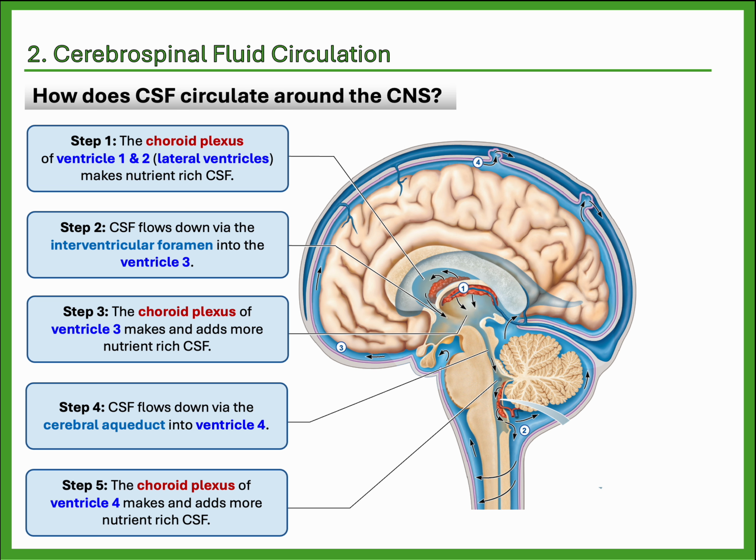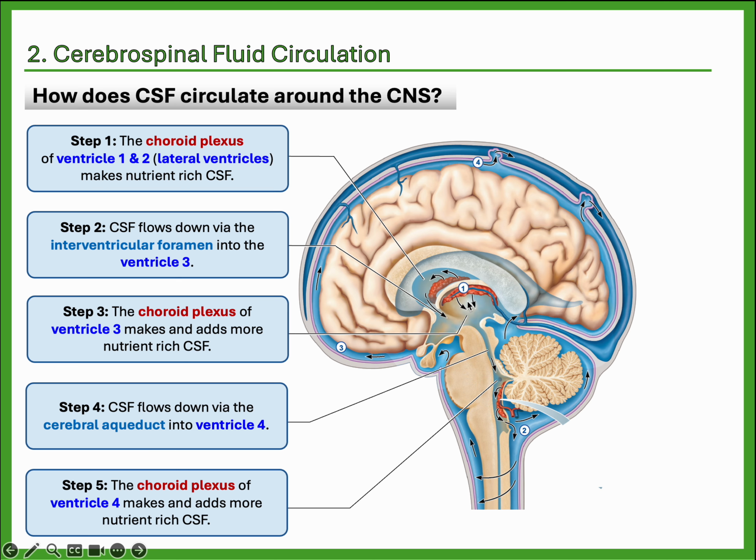So let's go through the steps. I need you to know very well where CSF circulates. Step 1, the choroid plexus of ventricle 1 and 2, right over here. These are the lateral ventricles, right? They make nutrient-rich CSF. So these are the producers of CSF, and they put all their CSF into this lateral ventricle here, okay? Then CSF flows down via the interventricular foramen, that's this, between the two ventricles, to